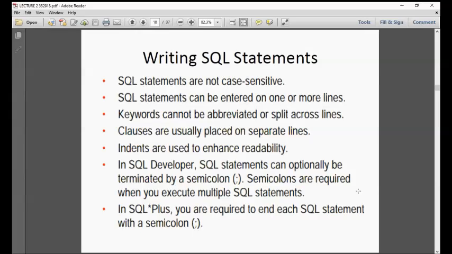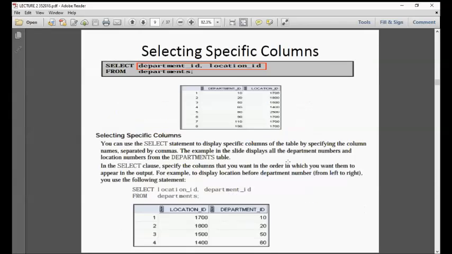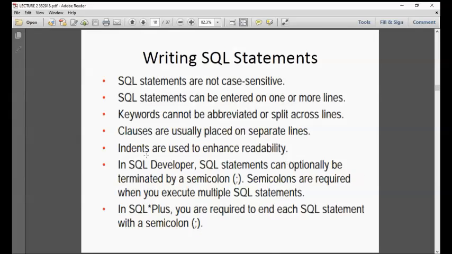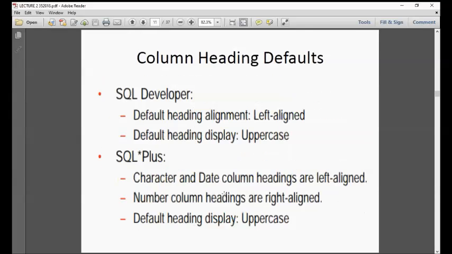It should be what it is. And clauses are usually placed on separate lines. When you do indentation, as you can see here, there is indentation. It's just for readability. Okay? And terminate with semicolons if you have multiple statements. Okay? It signifies the end.